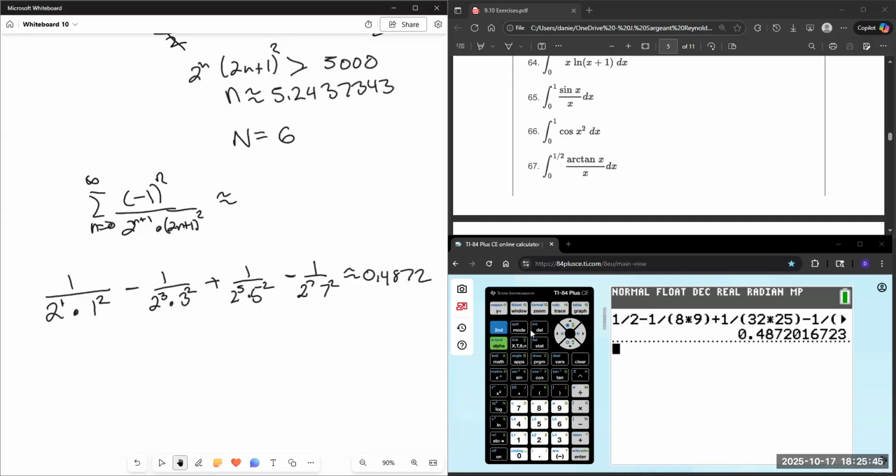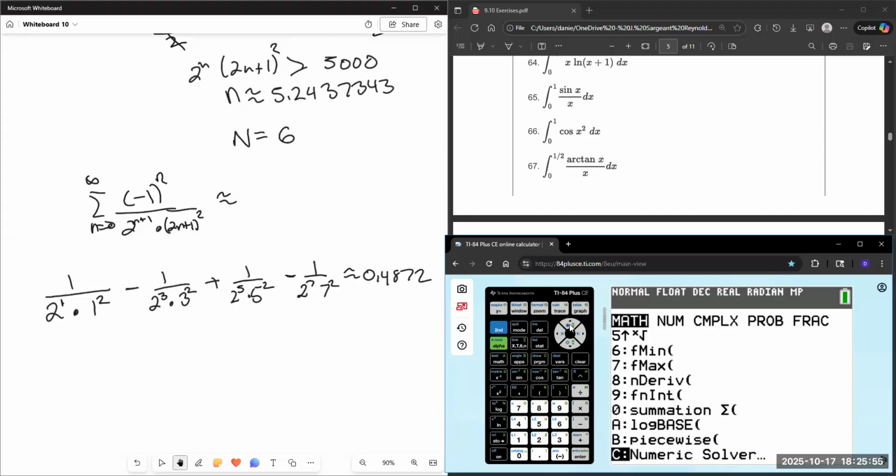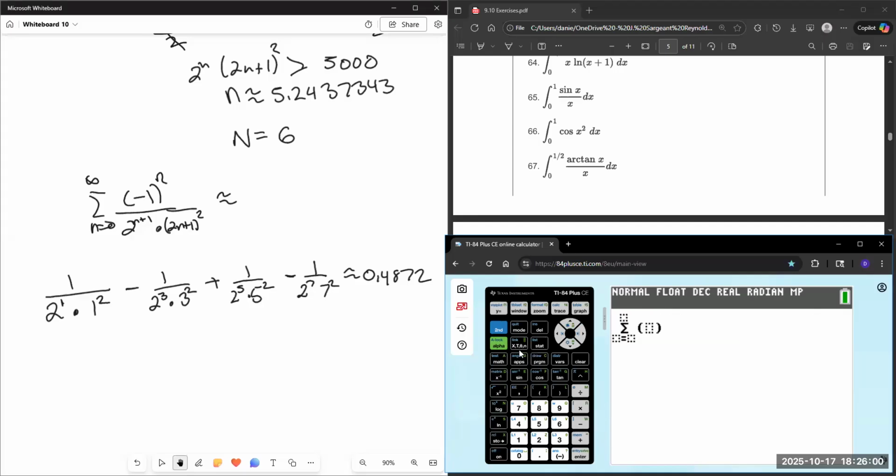So clear, and then I want summation, math, summation here of x equals 0 to, let's just go out 100 terms and see what this is, right? So this is of -1 to the x